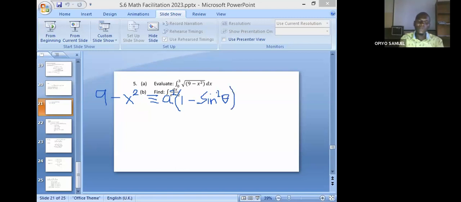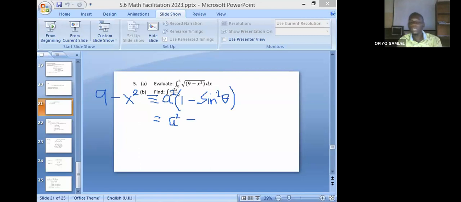We already know from Pythagorean identities that 1 minus sine squared theta is equal to cos squared. So from here, when we open the right hand side, we shall have a squared